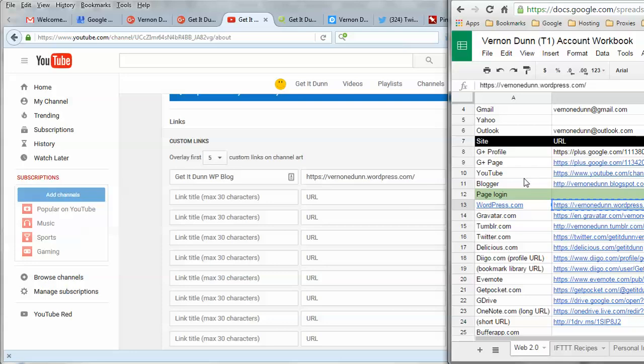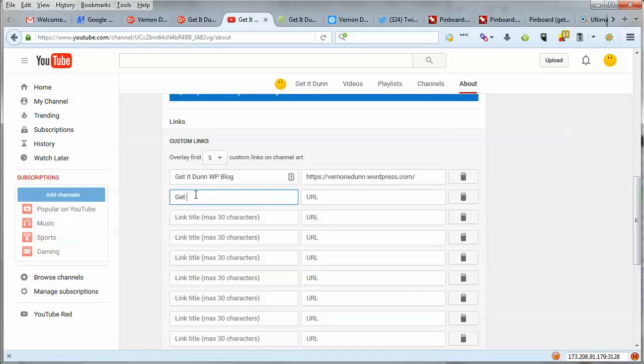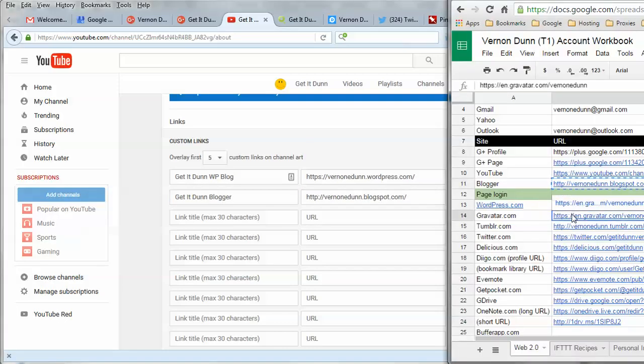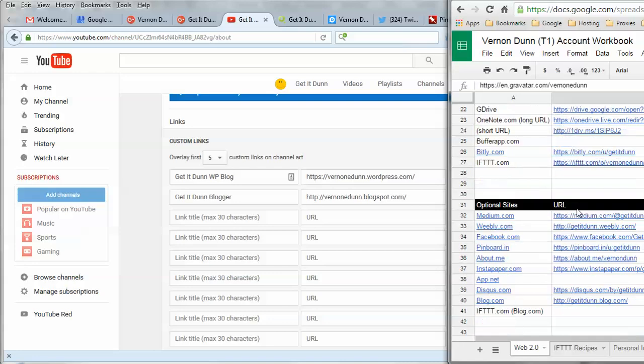So one thing I want to do is add the Google Plus page URL. I'm pretty sure that Google automatically adds that because it has an associated page with this channel. So I'm going to omit that and just move on down the line and add Blogger, for example. I'm just going to say Blogger. And now I'm just going to go right down the line and add as many of these as I can,